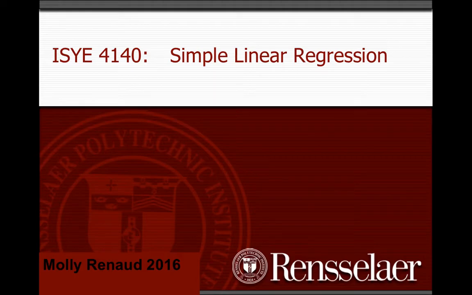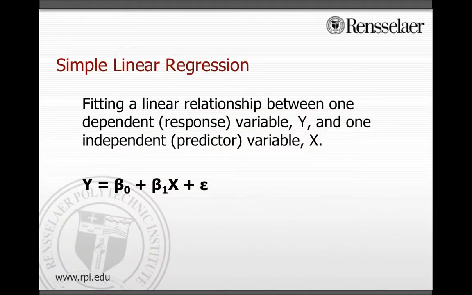In this video, we will be looking at simple linear regression. That is, finding a linear relationship between one dependent variable y and one independent variable x. A simple linear regression can be expressed in this form: y equals beta 0 plus beta 1 times x plus